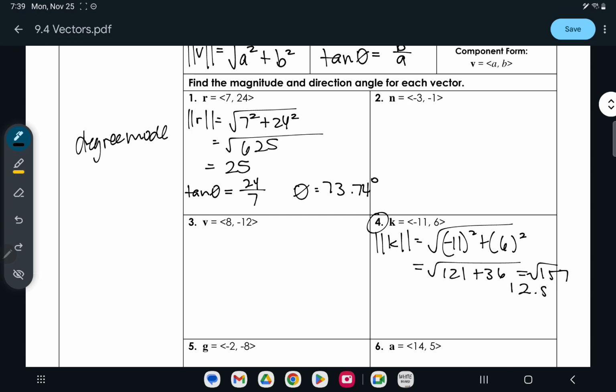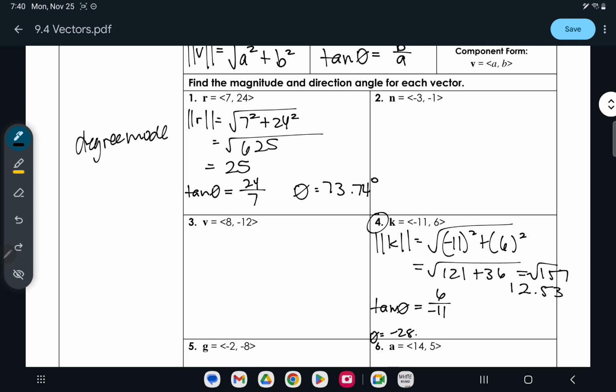It's approximately 12.53. And then tangent theta is 6 over negative 11. So, inverse tangent of 6 over negative 11,